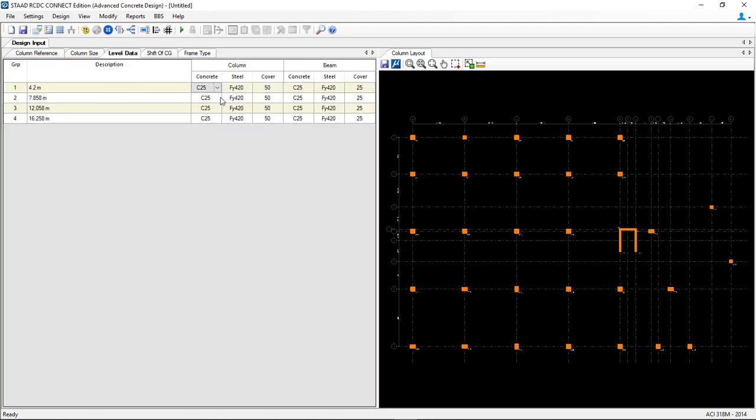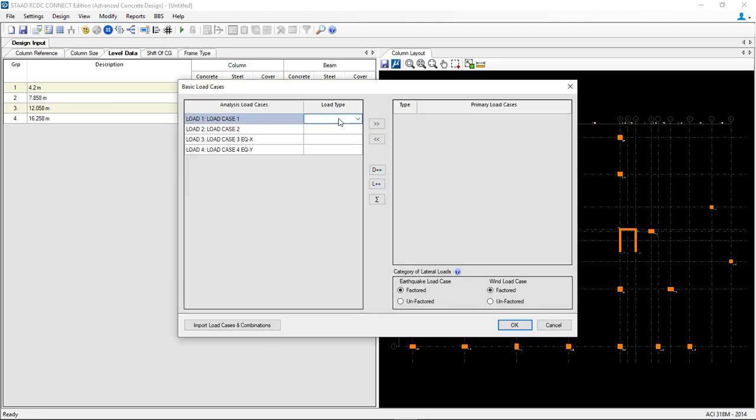Once you are here, you can set the parameters for design. So let's say I'm setting C35 as the grade of concrete for all the levels. And I proceed with the design. So it asks you to correlate the primary load cases that you have selected. So let me say I have selected these load cases,